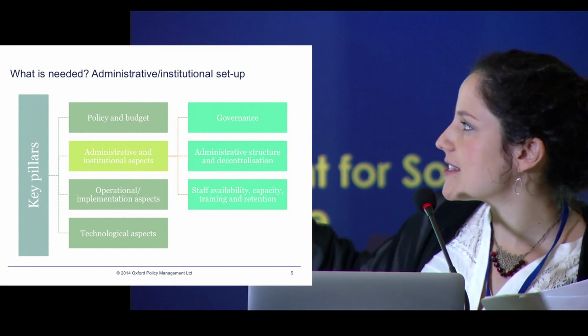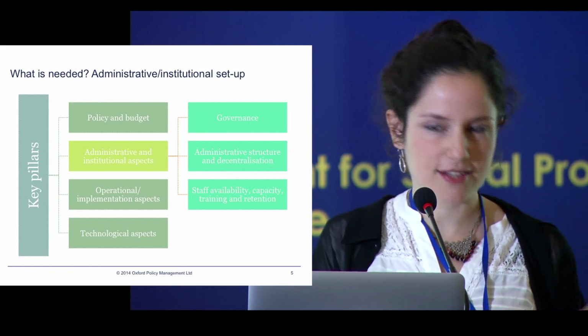Okay, so governance and institutional arrangements. What did we find was the best practice based on our research? Something that came out very strongly was the need for centralization of the management and coordination functions in an independent institution, high enough in the government hierarchy. And that is not necessarily very easy to achieve, because you need a champion, you need strong leadership from someone very high up in government to set something like this up.